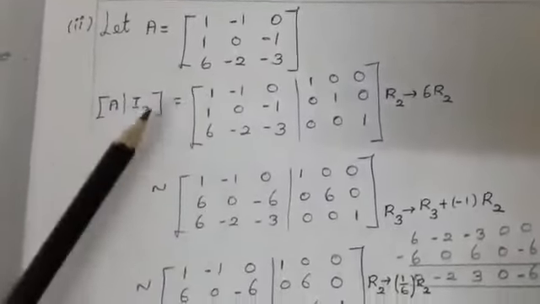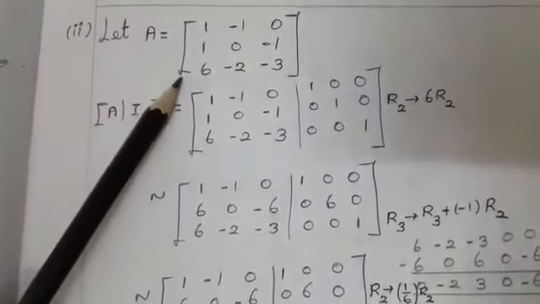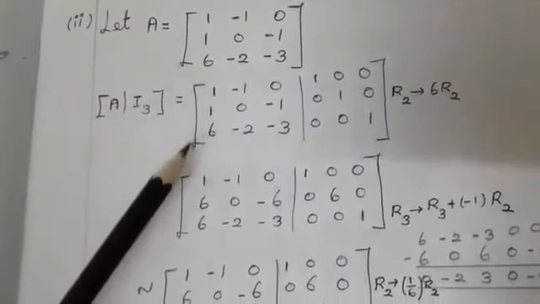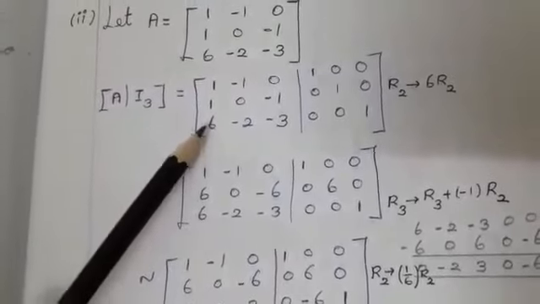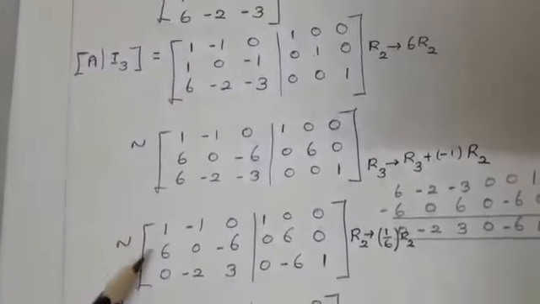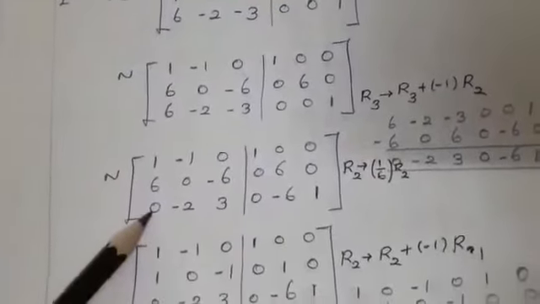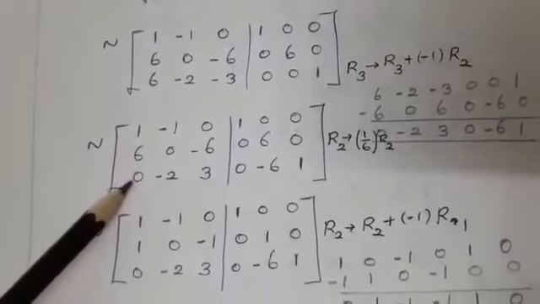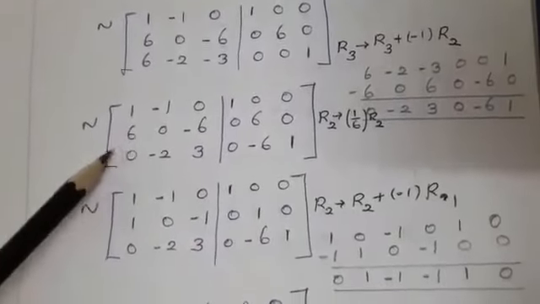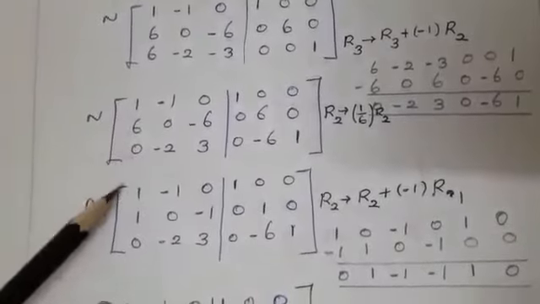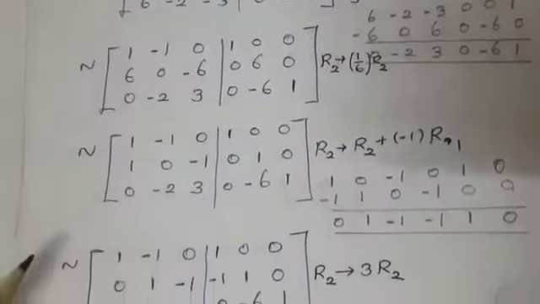Take this one. Same way you are going to do the calculation. 3 into 3 matrix. First I am targeting 6. Make this 6 as 0. See here, students, I am doing the calculation. I am making the 6 as 0. Once I make it 0, then do the steps. Just see the steps how I have done.